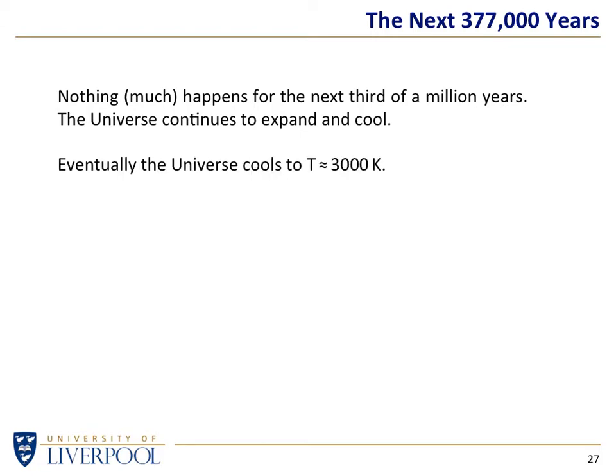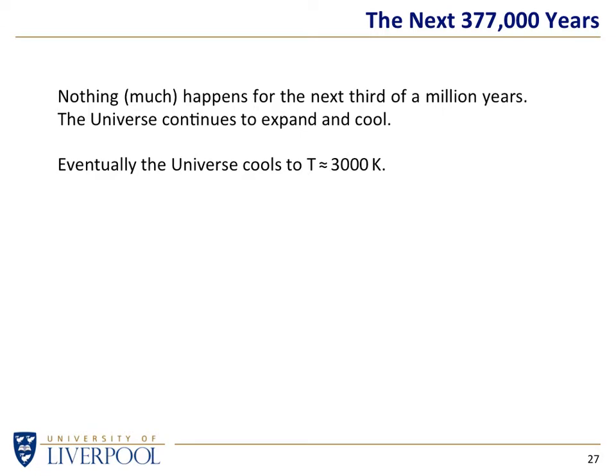Eventually, after this length of time, the universe has cooled to a particular temperature. It's now cooled to about 3,000 Kelvin. That is important, because 3,000 Kelvin is the energy equivalent of heating something up to 3,000 Kelvin. If you took an object and heated it up to 3,000 Kelvin, it would be glowing white hot. That would be enough in any object we see around us to break the atom down. In other words, once the universe is colder than 3,000 Kelvin, it is possible for atoms to form.